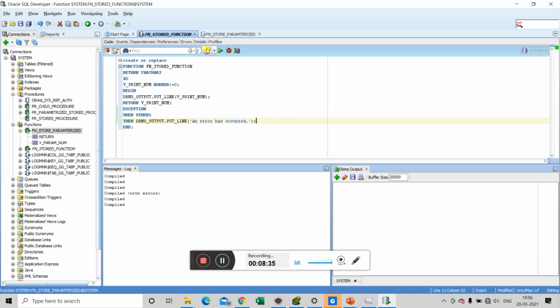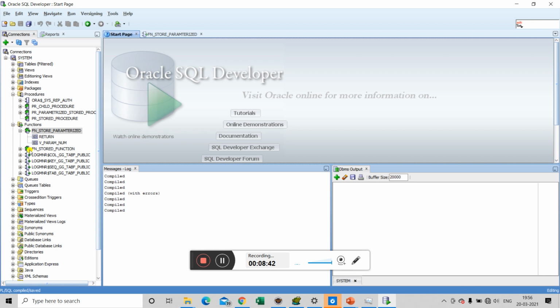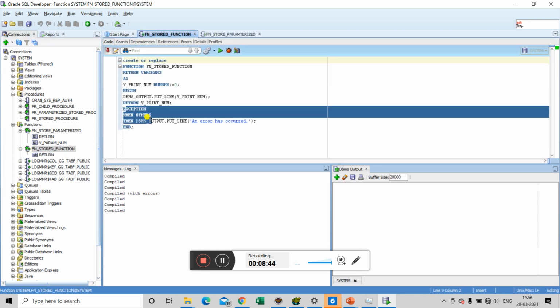After compilation, we are done with our exception handling block as well. After closing and reopening it, we will be able to see our changes.